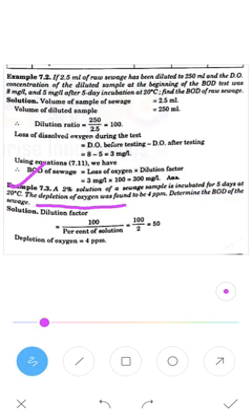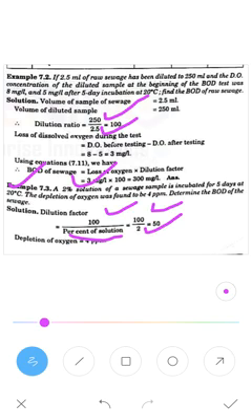You know that the dilution factor is the volume of the diluted sample to the volume of the sample taken. If it is given as a percentage, that is nothing but the percentage of the solution, which they have given directly. So directly write the percentage of the solution as 2. So the dilution factor is 100 divided by 2, which is 50. This is how you have to determine the dilution factor.